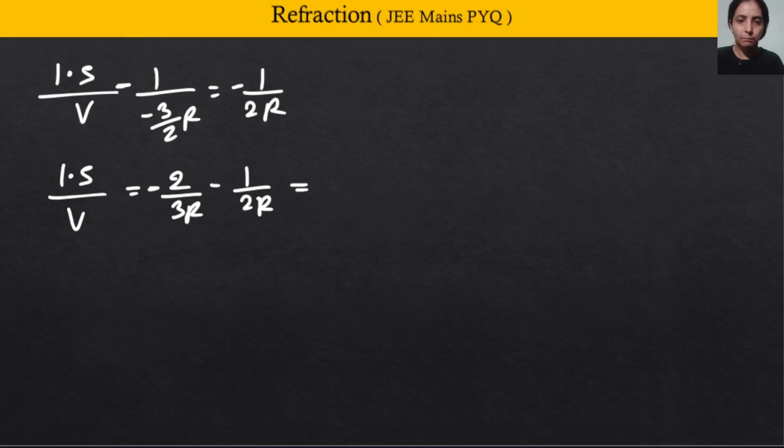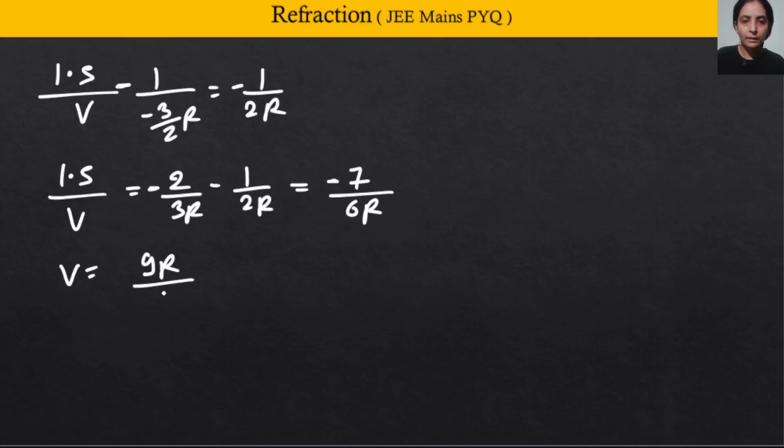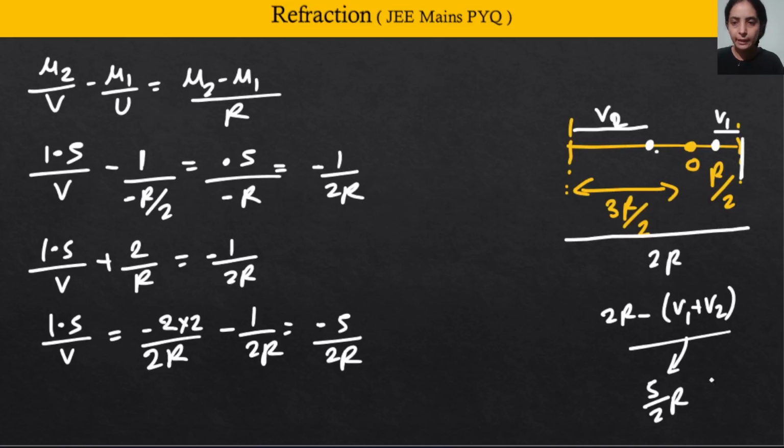So this will become -4 -3, so that this is -7/6r, ठीक है। and v will be equal to 1.5 into 6, that will become 9, so -9r/7, so this is your v2. अब देखो हमें v1 और v2 दोनों पता है, v2 क्या है 9r/7, done है।